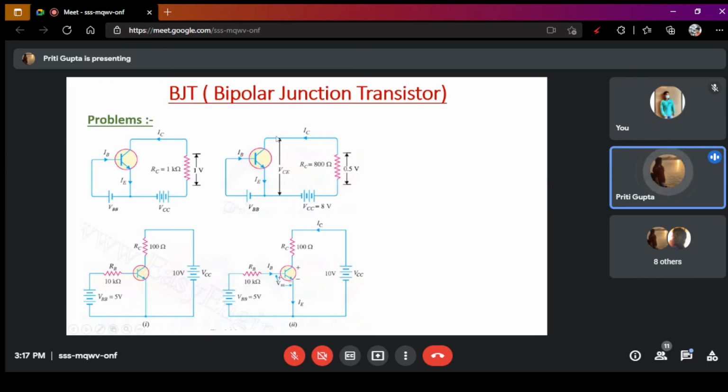See, now look at the figure. You have to calculate collector to emitter voltage, that is VCE. So VCE must be equal to this voltage minus this drop. This is your supply voltage, and here there is a drop of 0.5 volt. If you connect a voltmeter over here, you will get this VCE, equal to this one minus this drop. So calculate it. Easy.